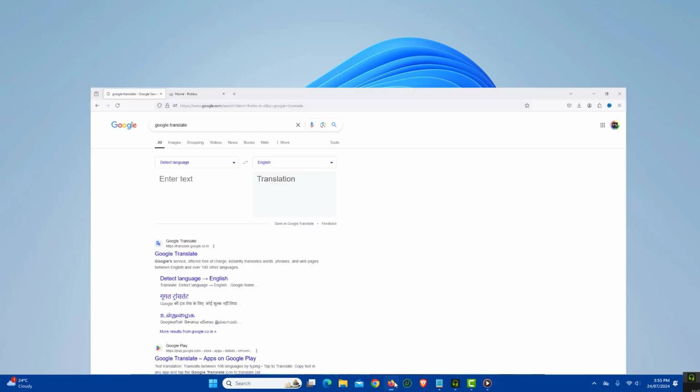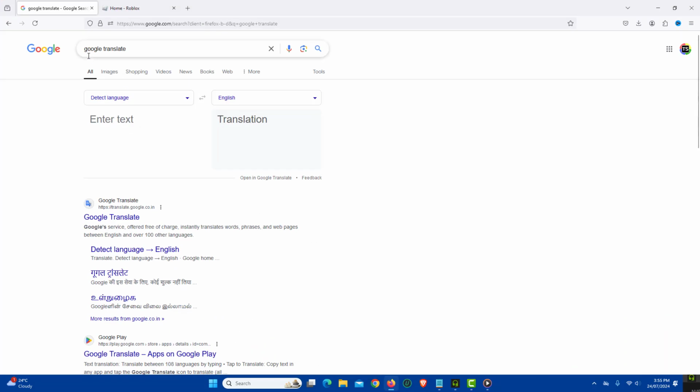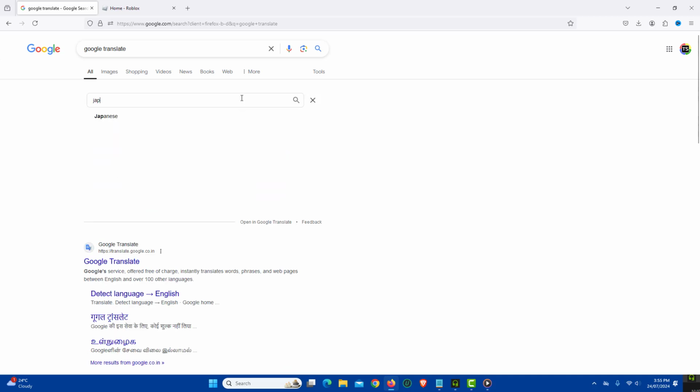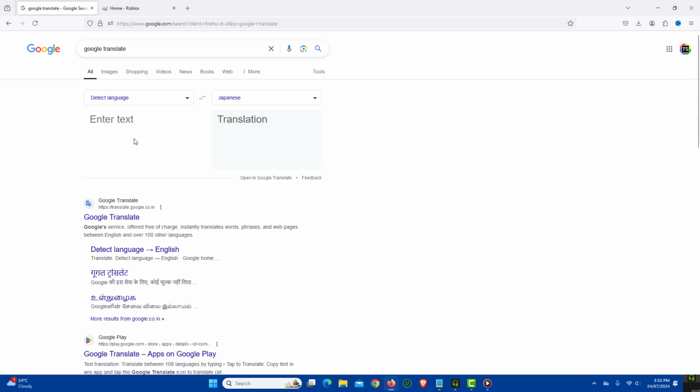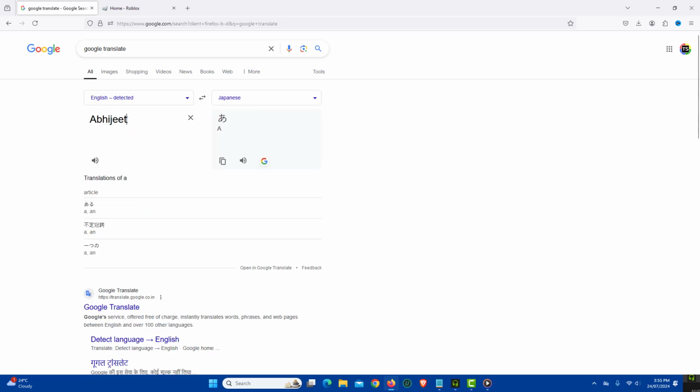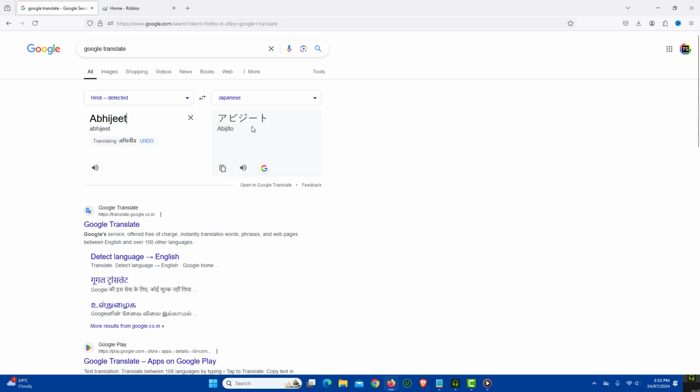To do that, open Google Translate. Now change the other language to Japanese. Now enter your name and this will convert your name into Japanese. Now copy this Japanese name,